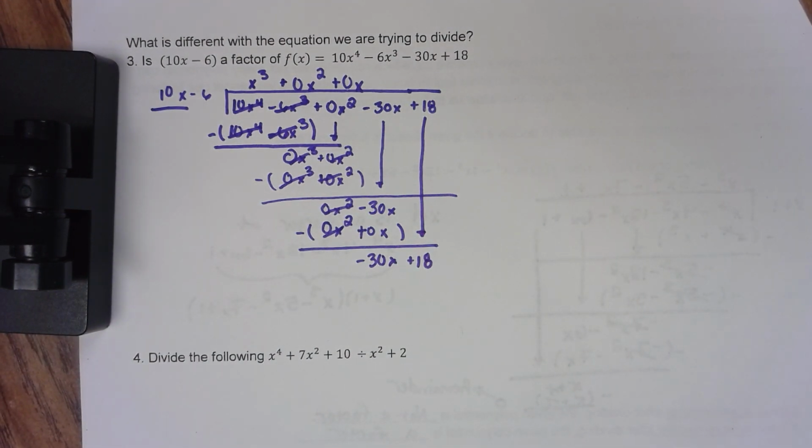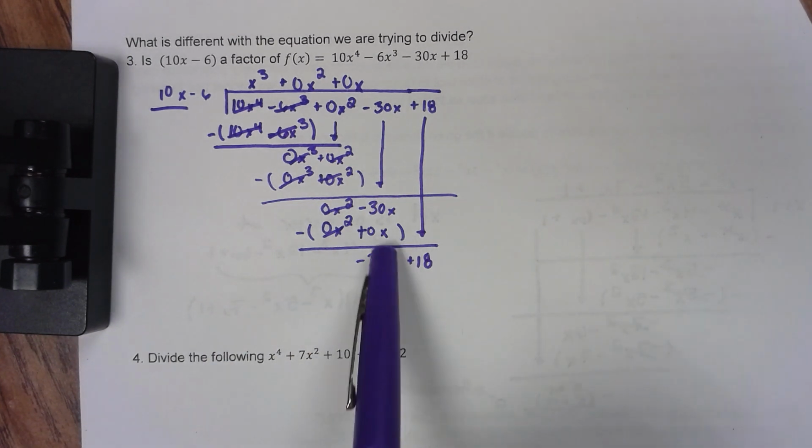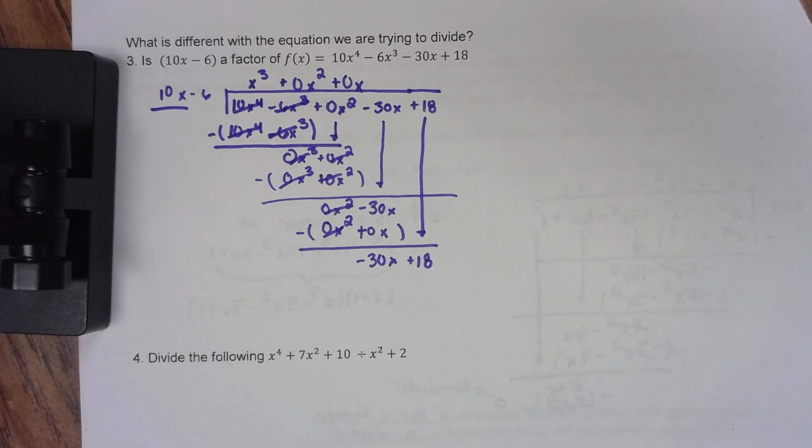Okay, so we basically could have skipped all these zeros and just gone to that negative 30x. But again, keeping it consistent, and that way we're doing the same thing every time and not letting those zeros throw us off, probably a good idea. And now the last thing that we need to do is eliminate the negative 30x by multiplying this whole expression